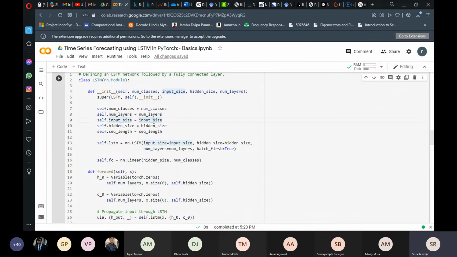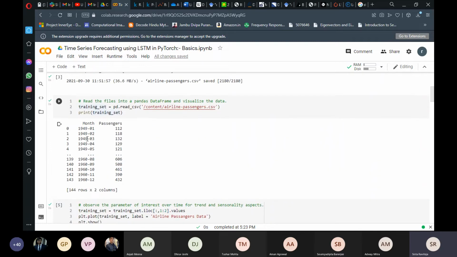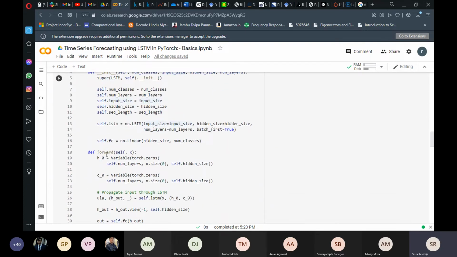Then we have input size. Input size is nothing but our feature vectors for each sample. So if you see here, for each sample, our feature vector is 1. In very large data sets, if you do more feature engineering and so on, you'll have a very large number of columns, which will be your input features, based on which you'll be predicting the value in one last column. So based on what data you are going to train on, your data set size and the number of columns you have, you decide on your input size.